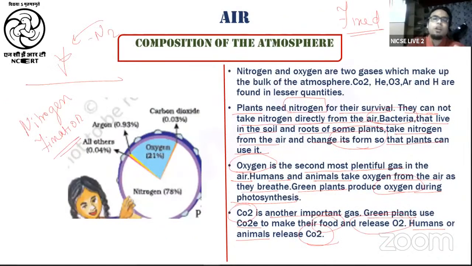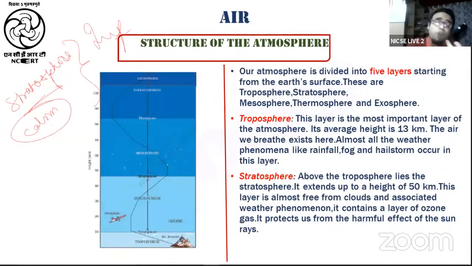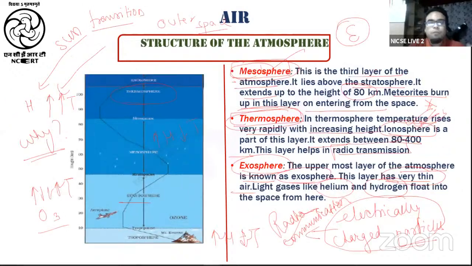Then moving on, we have talked about the composition of the atmosphere, how it is made up of different gases like nitrogen and oxygen, which together make about 99%, right? Then we have also talked about other gases like carbon dioxide, and the process of nitrogen fixation. Then we have talked about the structure of the atmosphere, how it is classified into 5 different layers. We have the troposphere, stratosphere, mesosphere, thermosphere, and then the exosphere, which is the outermost layer,